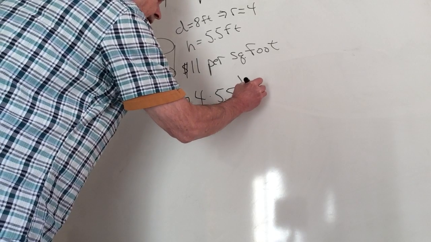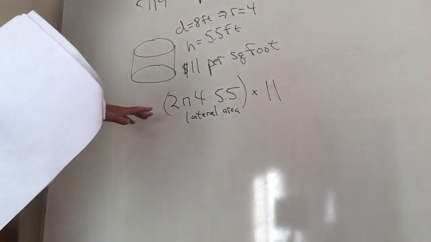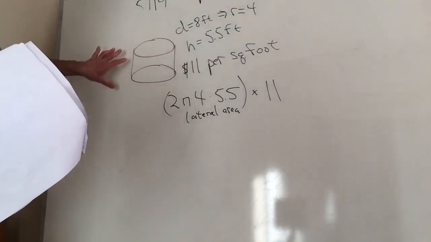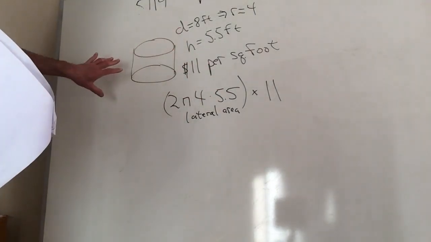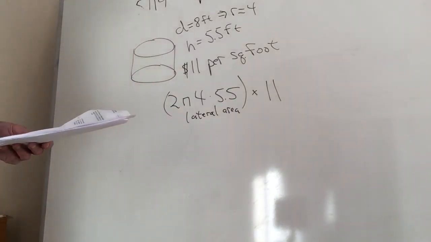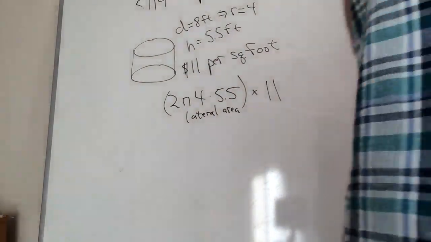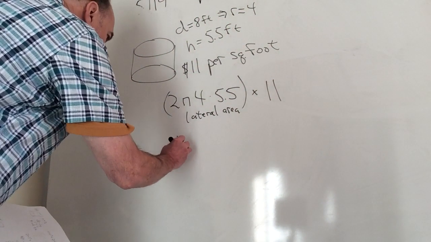And of course, we're going to multiply it times $11 per yard because that's the price. So the company's going to figure out how much they have to lay around here, and there might be other little charges, but this is clearly the intent of the problem. And then when we put the math together, as I did over here, I come up with 8 pi